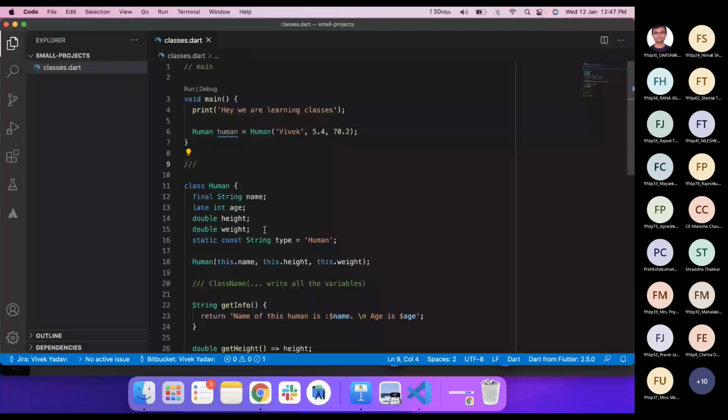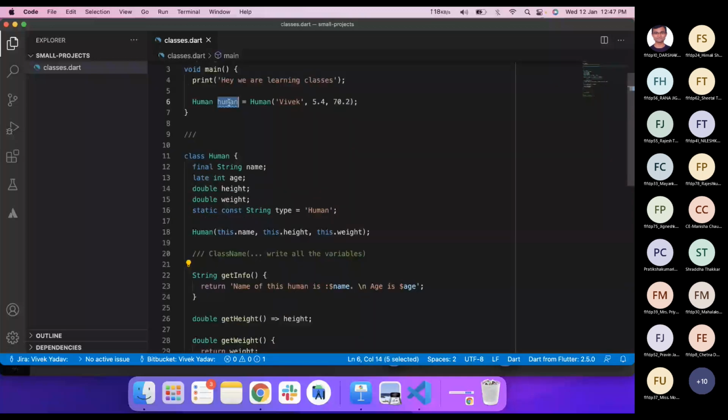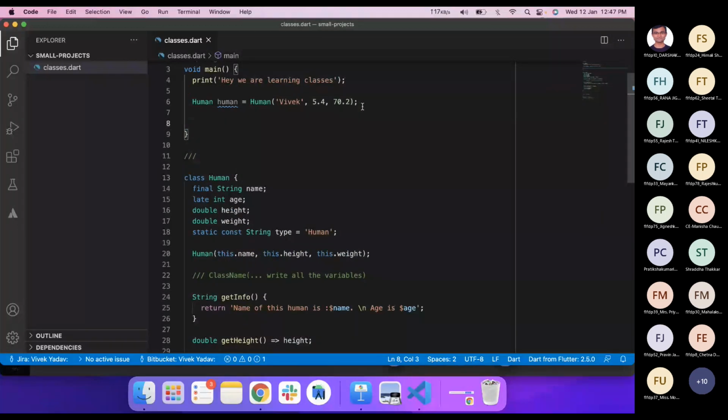If I call getInfo on this particular object, it should print the name as Vivek and the age. So, are we clear with the pattern? The pattern is the class name, then the variable name, then equals to, and then the constructor.